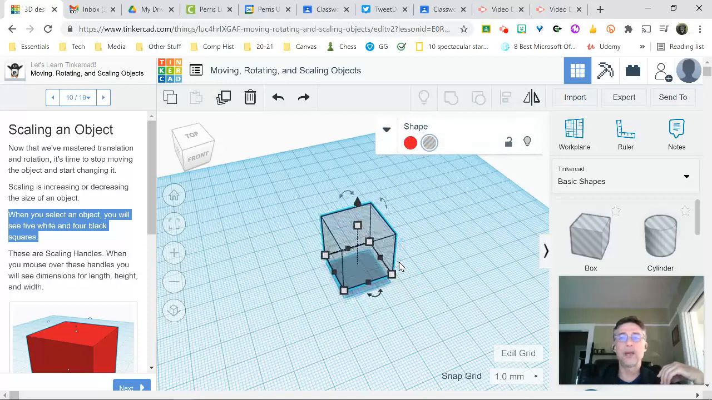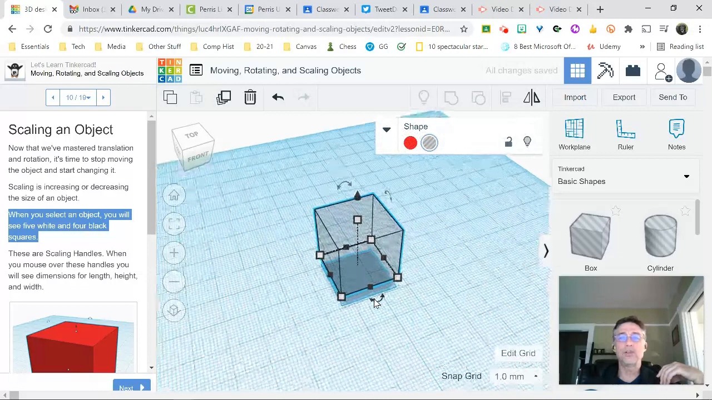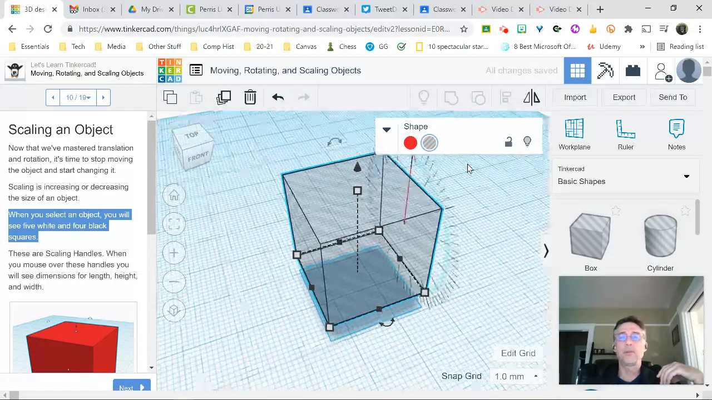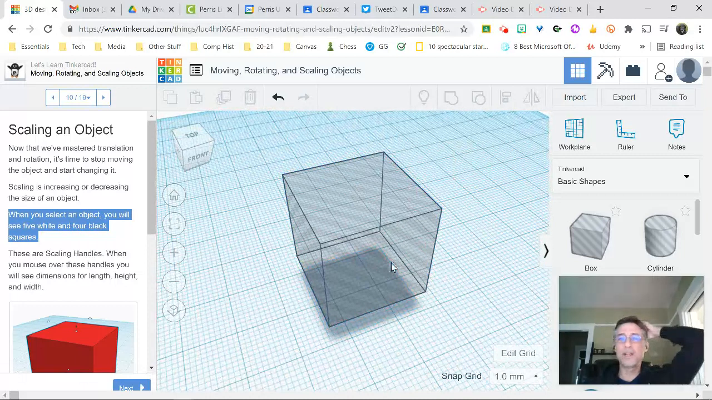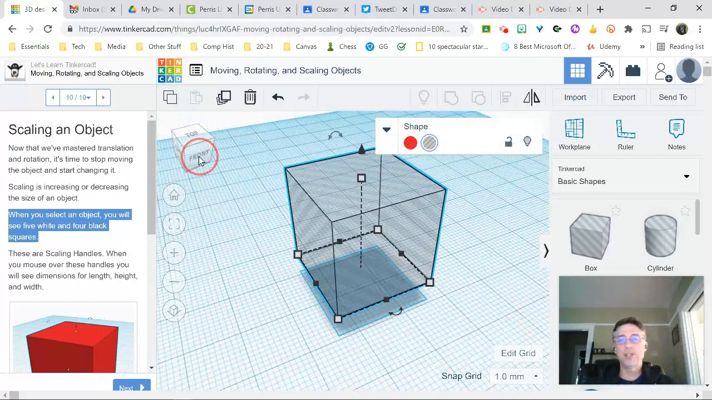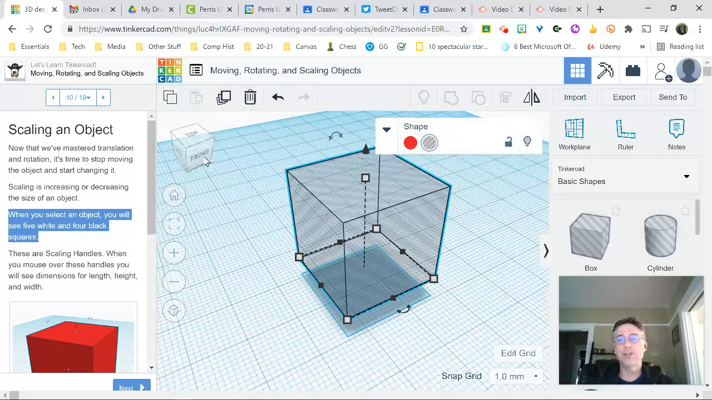I'm going to move this back and I'm going to zoom in just a little bit. Okay, not that far. Let's make sure we can see everything they're talking about. Let me rotate this so we can see all the squares. Okay, so what they're saying is 1, 2, 3, 4, 5 white squares, and then 1, 2, 3, 4 black